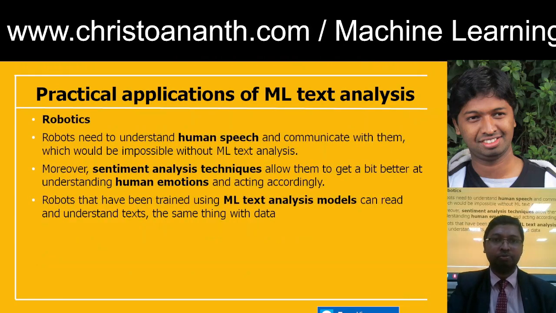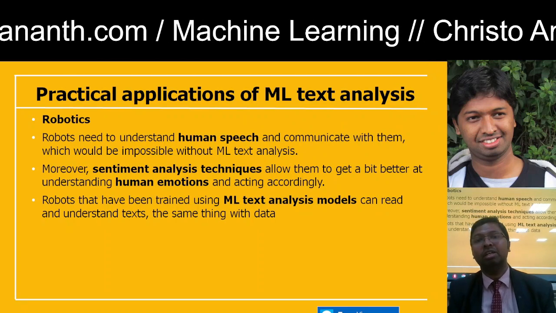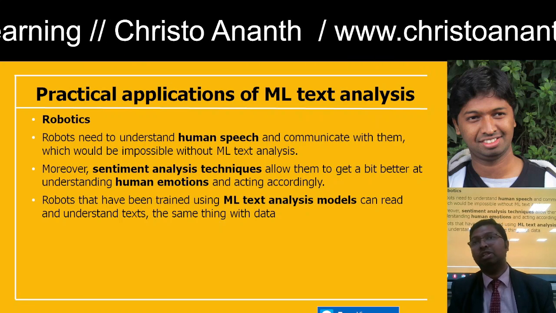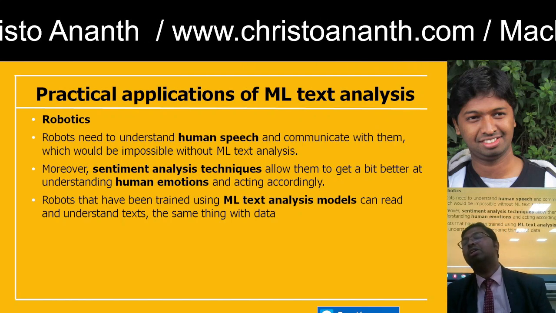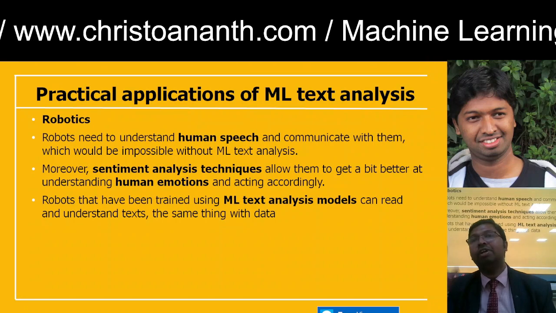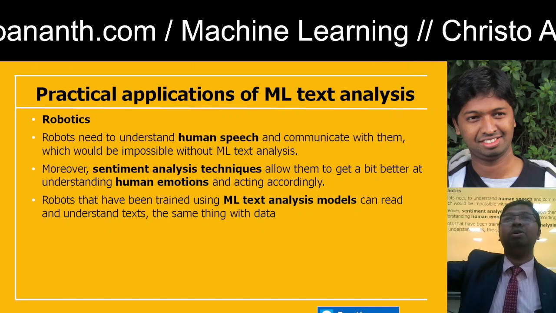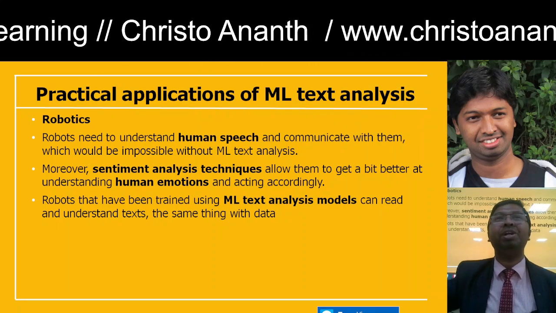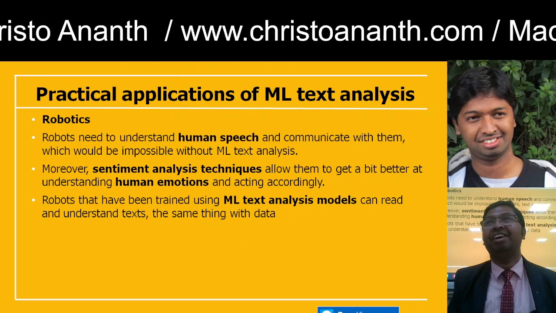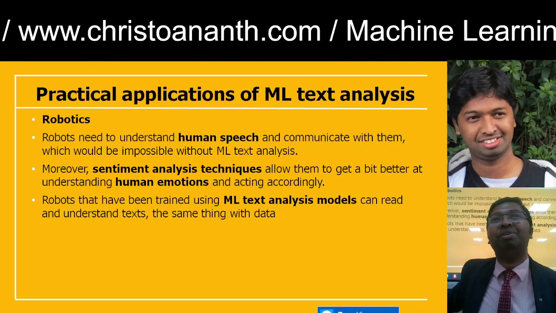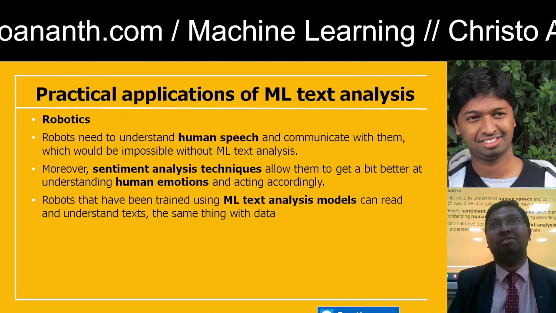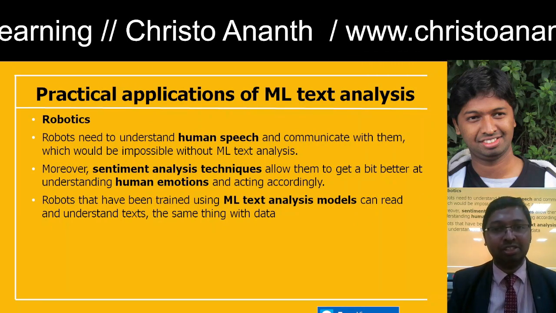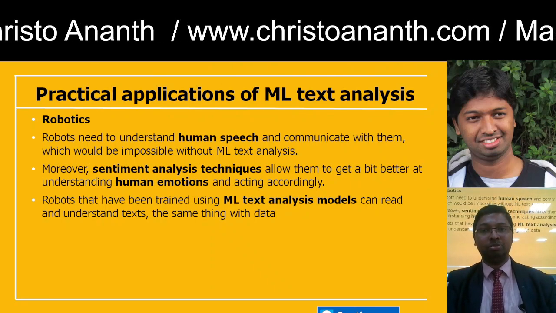Okay. And then in robotics, just like humans communicate and speak, you can use ML text analysis for robotic applications also. You can use sentiment analysis for identifying human emotions. For example, hey robo, just take the table, and it will take. Robo, please bring me the Troinic, it will bring. Hey robo, please bring the HDMI cable. So emotions, feelings. So this is the application of the ML text analysis model.